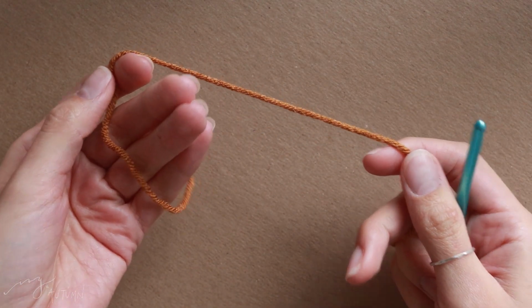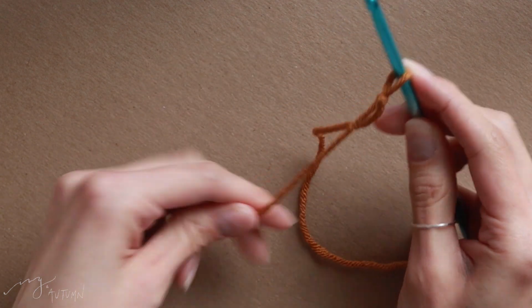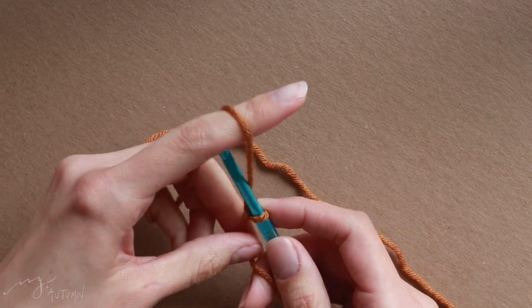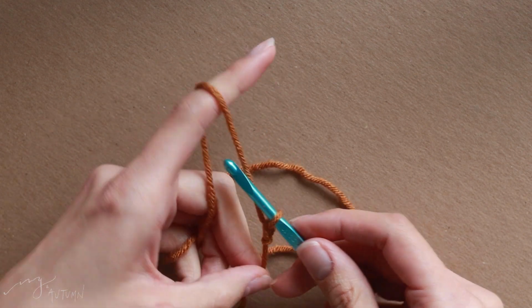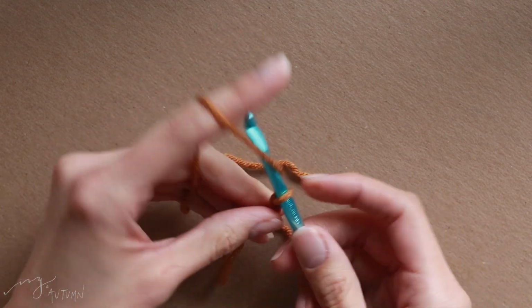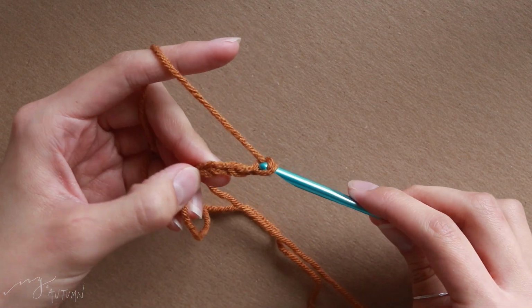Start with your contrasting color yarn, create a slip knot, and slide that onto your crochet hook. Then before the knitting needle even comes into play, chain a few stitches normally, so yarn around the hook clockwise, and then pull up a loop, yarn around, pull up a loop, yarn around, and pull up a loop. I like to do about 3 to 5 here just so there's a nice little base,